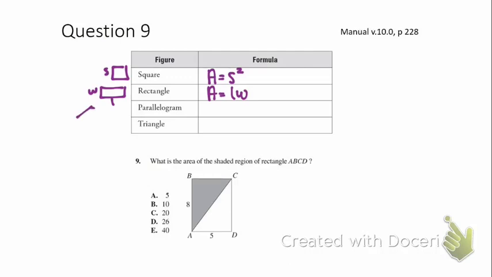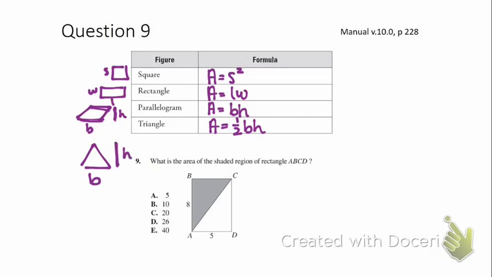A parallelogram, remember this is what a parallelogram looks like. So opposite sides are parallel. There's a lot of properties that go along with this, but when you're finding the area, you need the base and then you need the height, which is that distance, right, from the top to the bottom. And so the area is just base times height. Triangle, we went over that, is 1/2 base times height, okay, which it's going to be similar when you're drawing it. Base is always the length of the bottom, and then the height is this distance from the bottom to